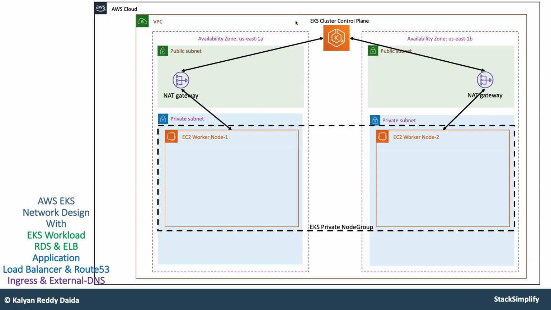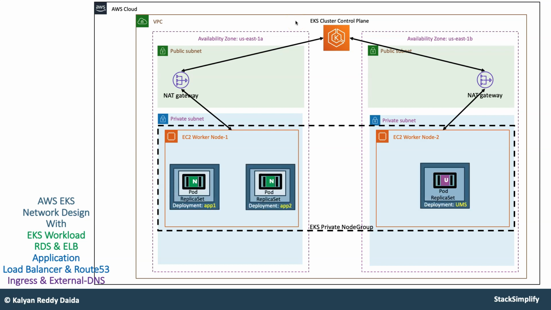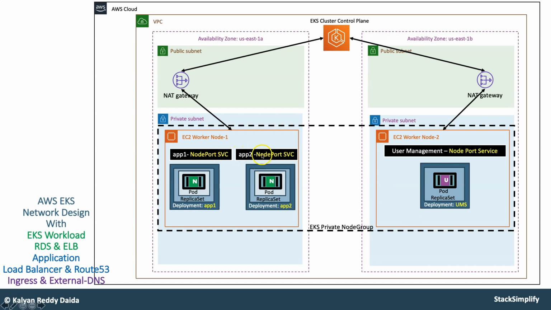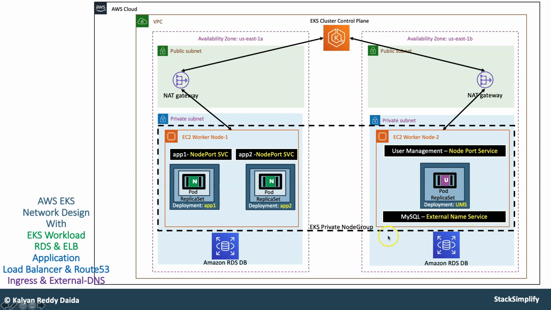Now we'll move on to the workloads. Whenever we deploy the applications, we are going to deploy 3 types of applications: app1 Nginx, app2 Nginx, and one user management microservice. We are going to do 3 deployments with 3 deployment manifests, and 3 node port services, one node port service manifest for each of them. For the user management node port service, you also have something called an external name service to connect to the